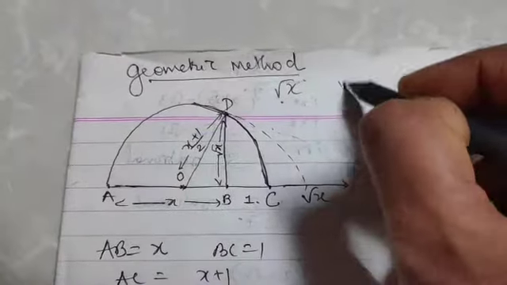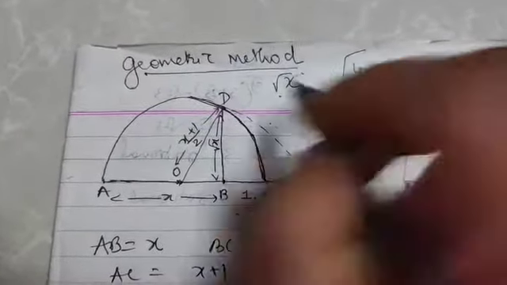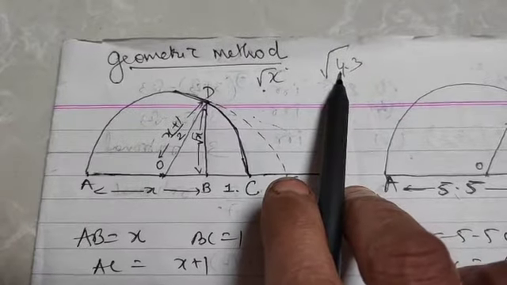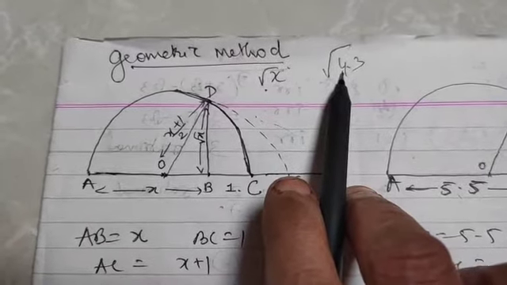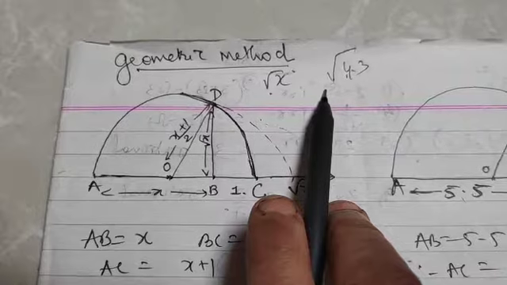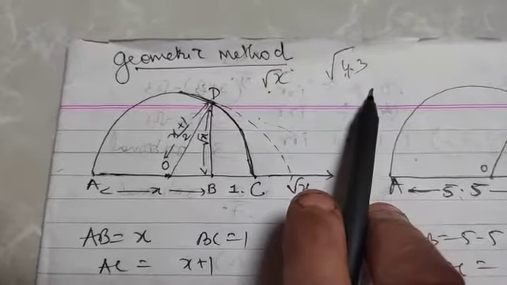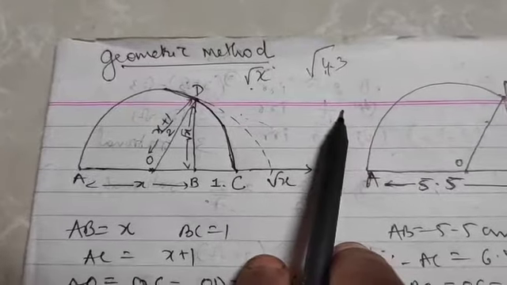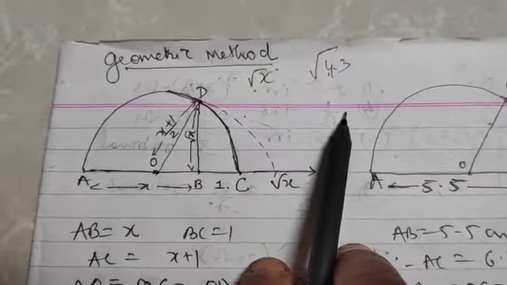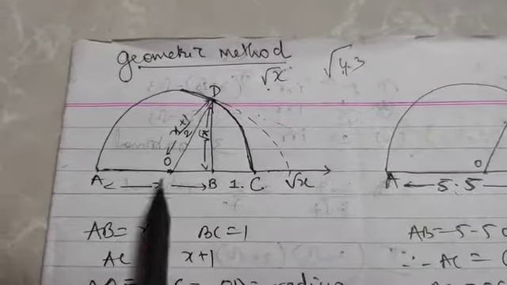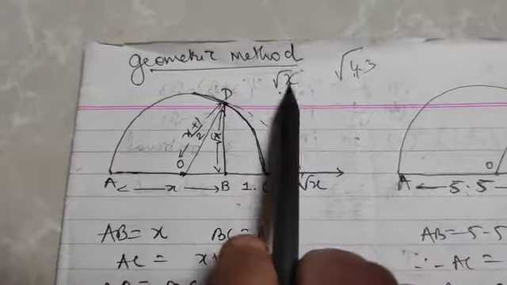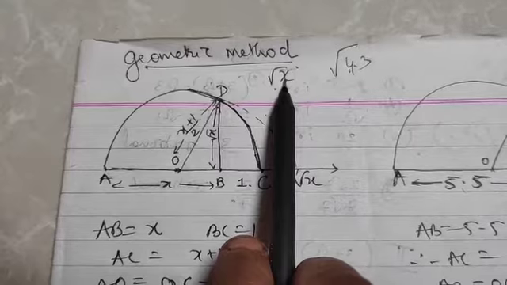Say square root of 4.3, if it is to be marked, it will be slightly difficult. If it is root of 3, it is easier. Root of 17 is easier. But if it is root of 3.5, 4.8 or square root of 17.3, then it becomes slightly difficult. So how should you work it out? For that, we will first derive it for root of x, where x stands for any decimal number.